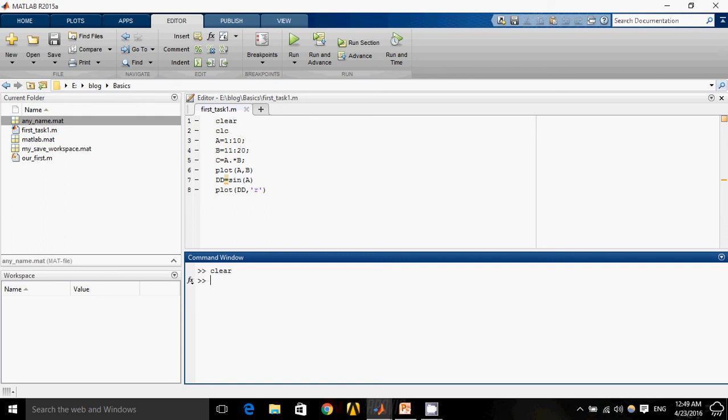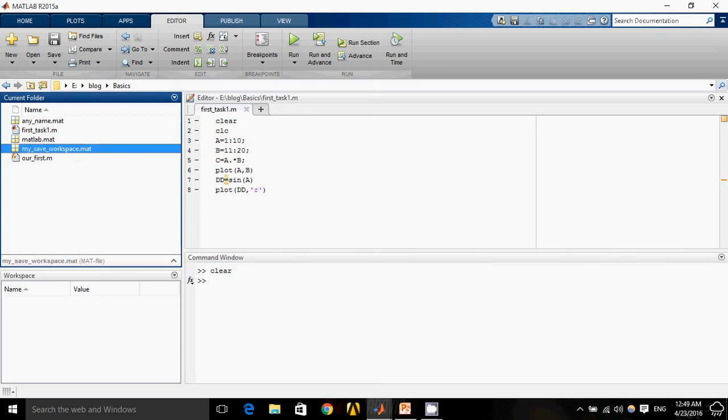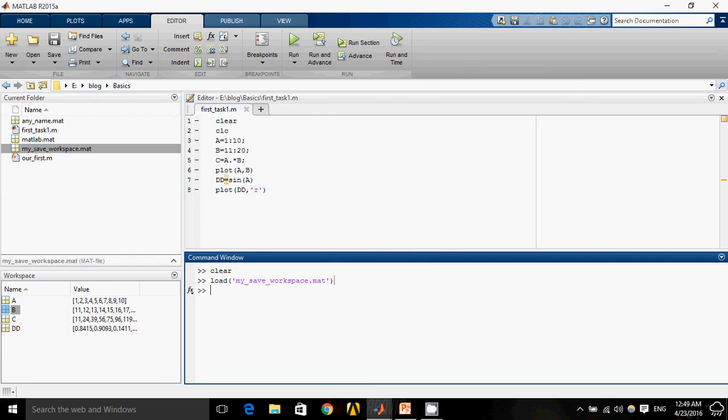Now I just clear my workspace. Okay, now if I want to load back my variables, I can load my previously saved variables by simply double clicking the mat file.